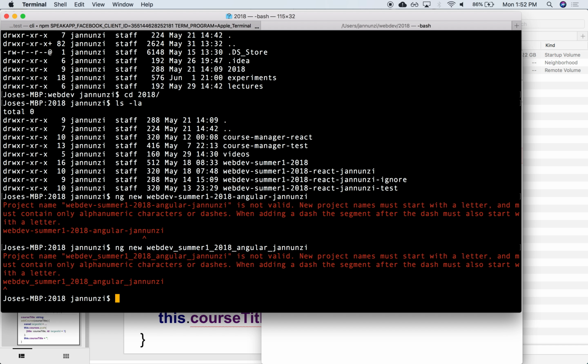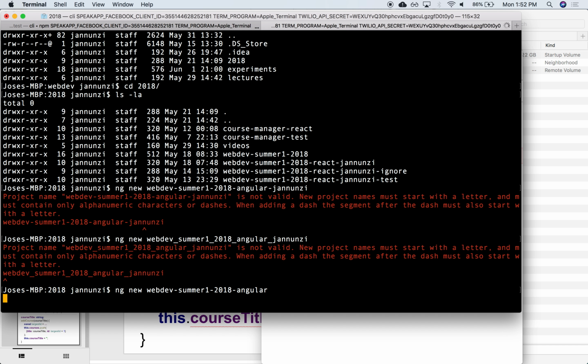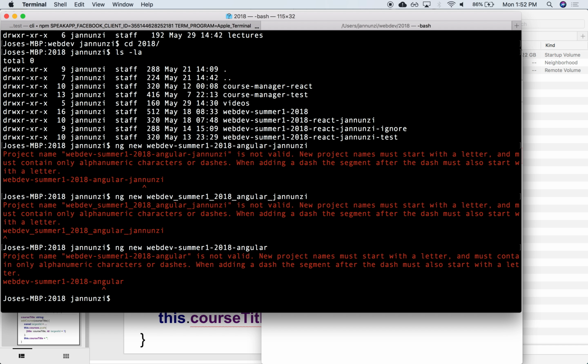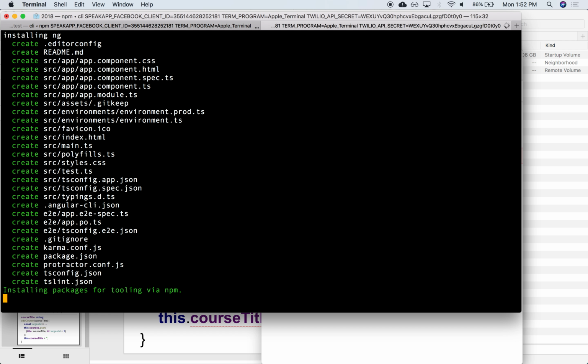Really? Does it say what? Only alphanumeric or, oh, it's okay for dashes. Is it too long? New project name must start with a letter and must contain only alphanumeric characters or dashes. Oh, so the 2 in 2018 is invalid. You need to put a letter, because it maps it to folders. All right, so while that is being created,